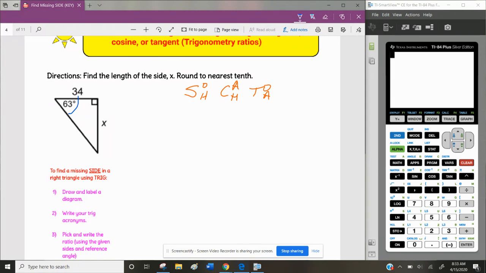Here is my reference angle. All right, across from that, or opposite from that, is x. And now if I look adjacent to that, is 34. I know it's not my hypotenuse. That is the longest side, which cannot be your opposite or your adjacent. So O and A, that would be tangent. Tangent of 63 degrees is equal to the opposite, which is x, over the adjacent,